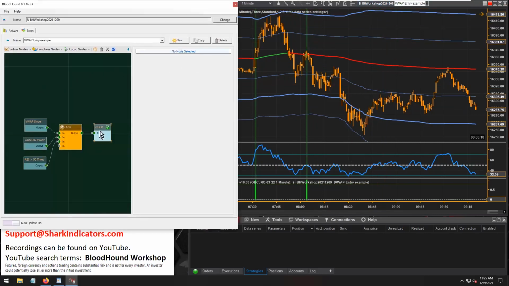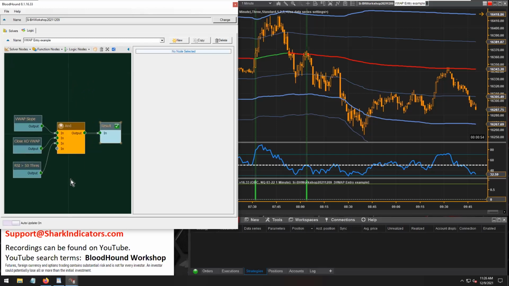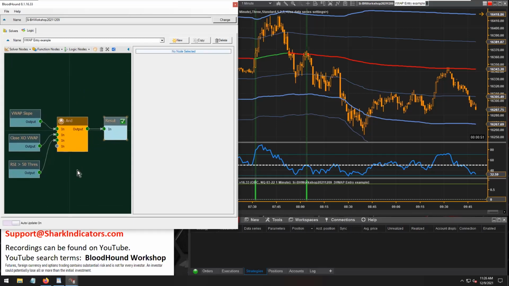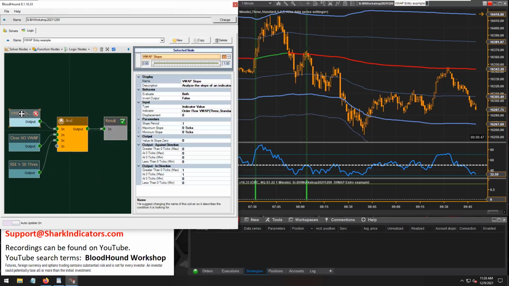I know the VWAP indicator can be hard to work with sometimes, at least in the workshop here, trying to get examples out of it. But just to kind of recap here, it's a pretty straightforward, pretty simple system here. So if you want the VWAP slope